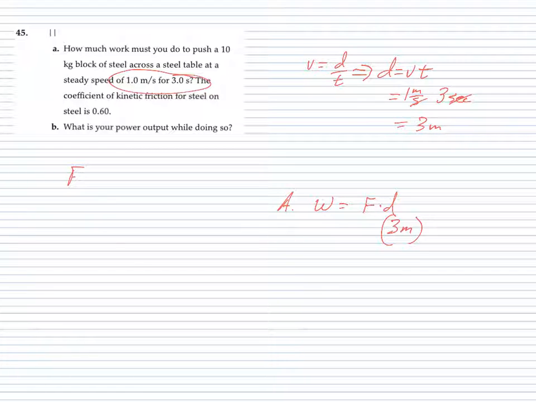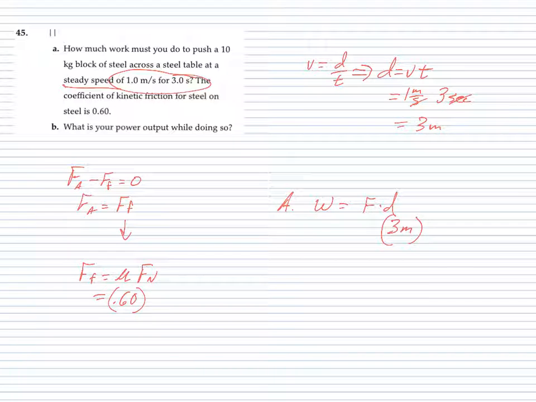The force, since it's not accelerating, the force applied, since it's a steady speed, minus the force of friction equals 0. So the force applied equals the force of friction. We have an equation for force of friction. It equals mu times force normal. The mu is